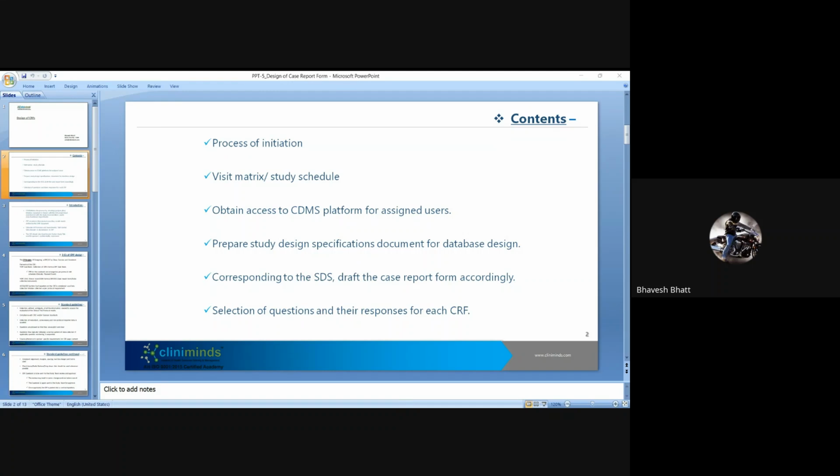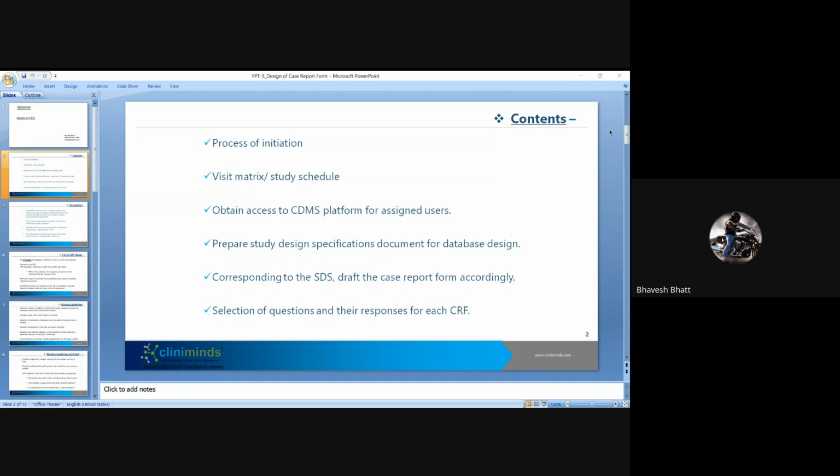Initially, in the contents section, what we have is the process of initiation, where we are going to learn about how the process of CRF design is initiated, with which we also have the visit schedule or the visit matrix, and obtaining access to the CDMS platform for assigned users, wherein